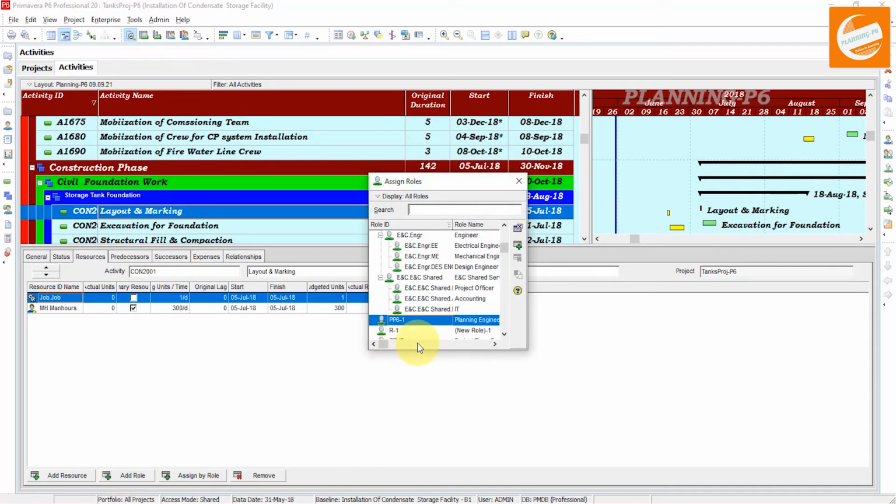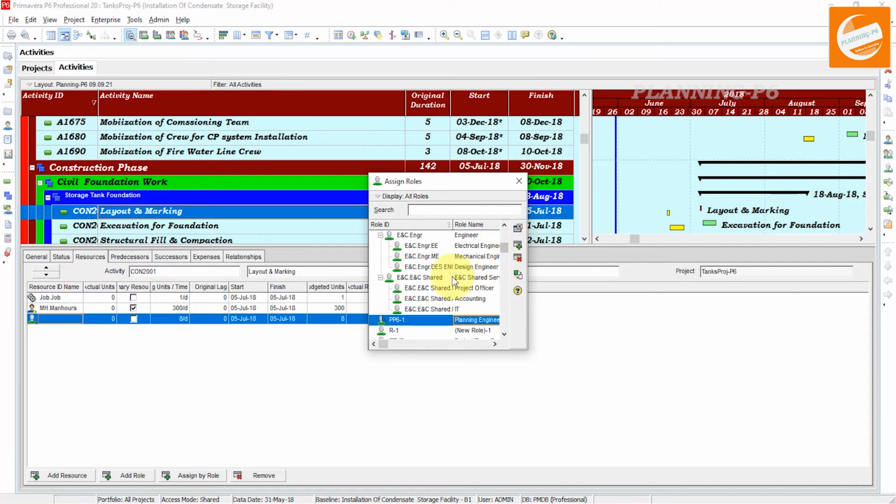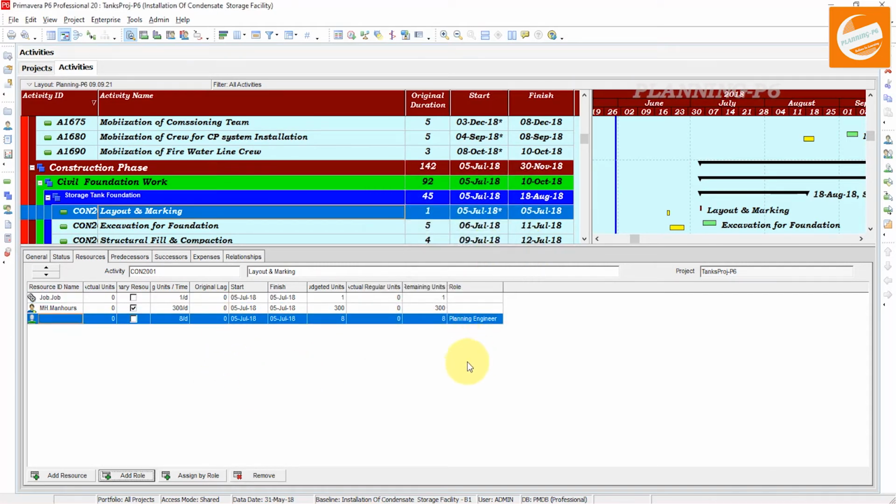If I want to add only a role, I can add from here. Add a role, which one I have created, that planning engineer role. Then I assign by clicking like that. Now you can see the planning engineer role has been assigned for that individual activity. You can assign a role to many activities, or to the whole project as well.